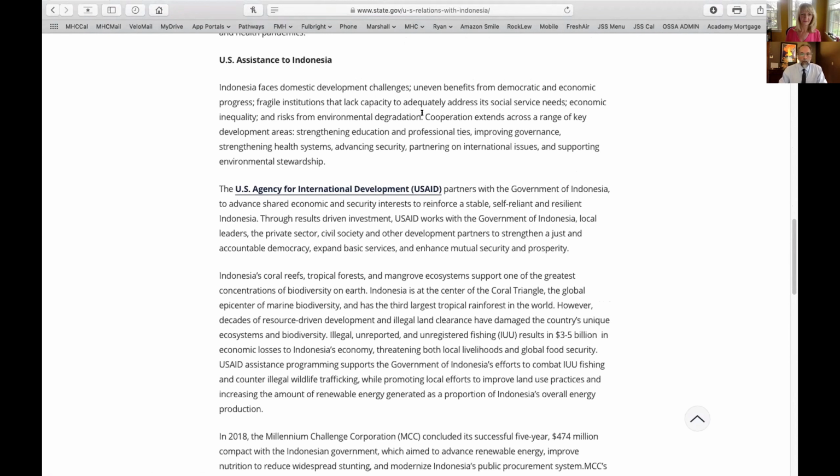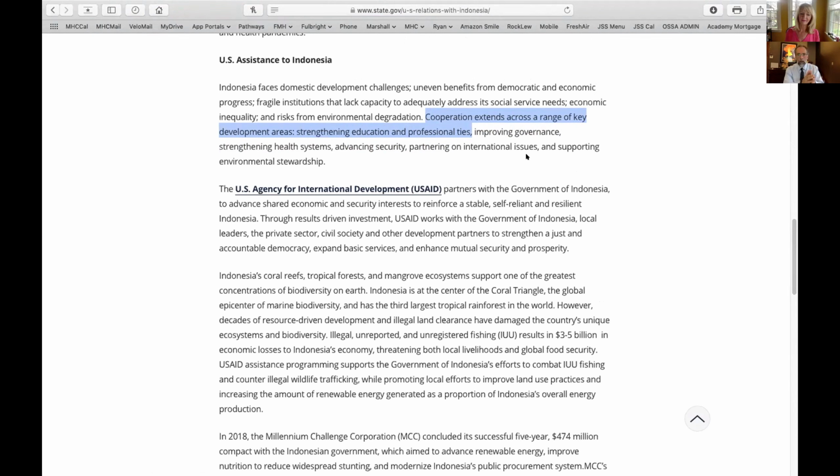Right here in the top paragraph, cooperation extends across a range of key development areas. Number one, strengthening education and professional ties. Indonesia is very interested in having really good quality ETAs. And there's a lot going on in Indonesia about trying to develop its university structure. I think it says in here as well, Christine pointed out. So this is something that you'll want to know.